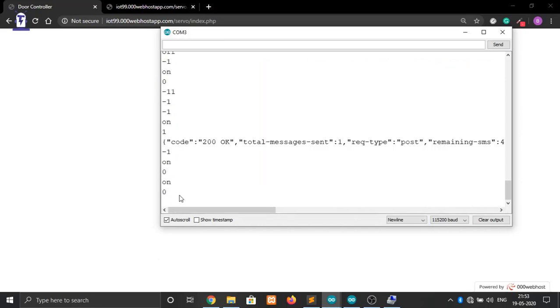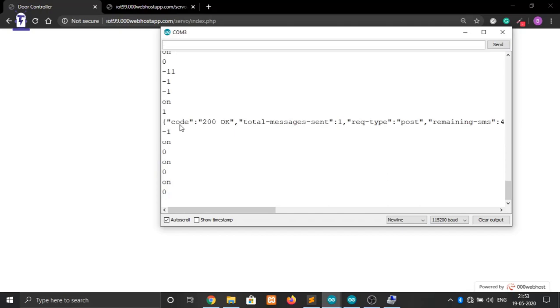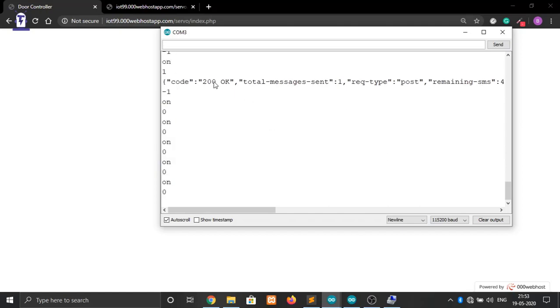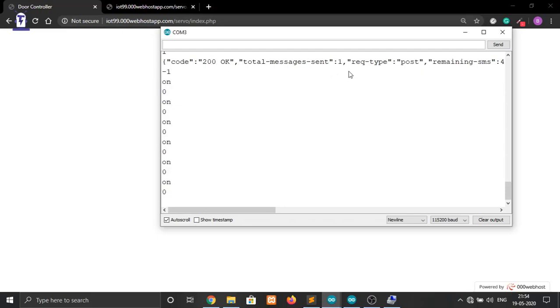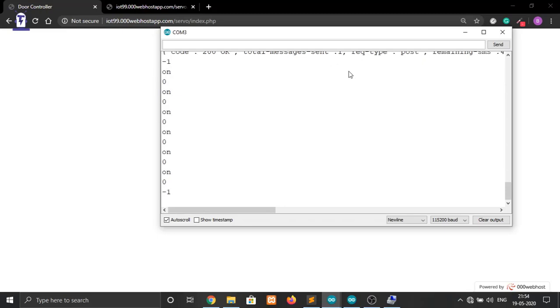Now as you can see, there is a line here. This line will appear when you send a text message. Actually I have not used that text message part here, so don't worry, I will explain that portion in the next video. Now you actually know how to make a home security system using a servo motor and a PIR sensor. I will make another video on how to send an SMS whenever you detect an intrusion using the PIR sensor.